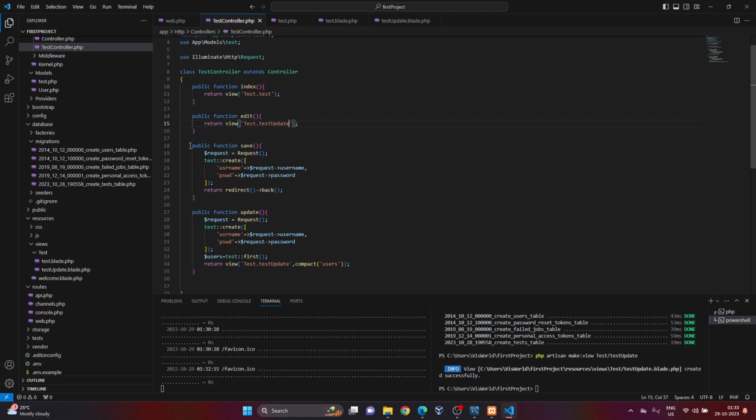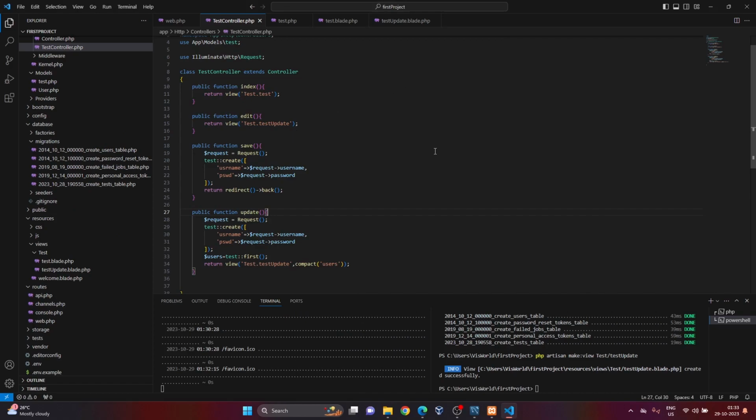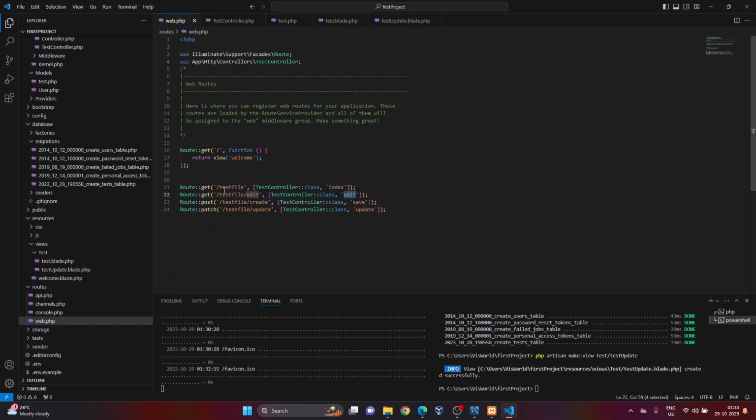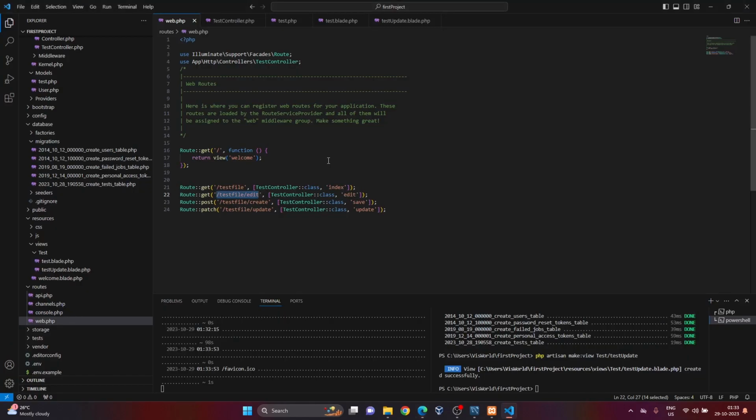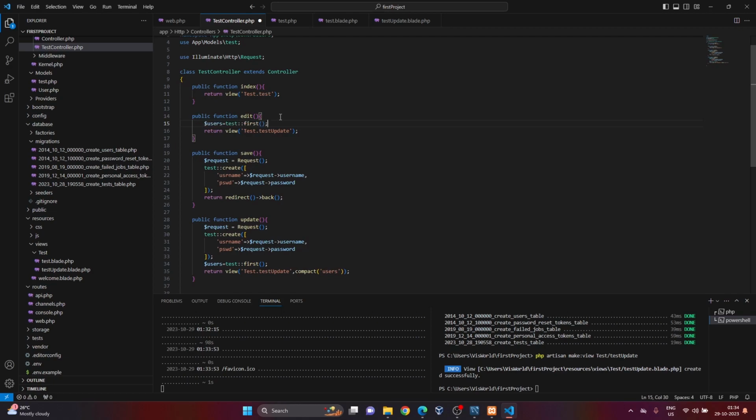Because whenever I was running this to access the file, it was creating a new user every time, and that's not a good method. So now let's access the edit route now to view the update. So let's see, undefined variable user, because we have not passed the variable user. So again, using the compact, I will be passing this